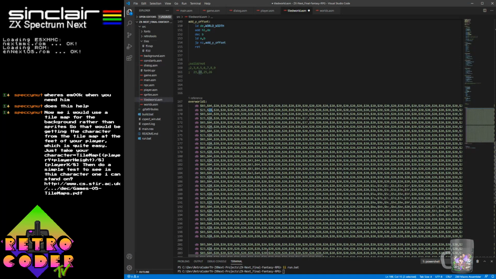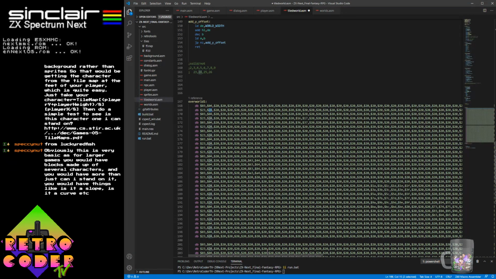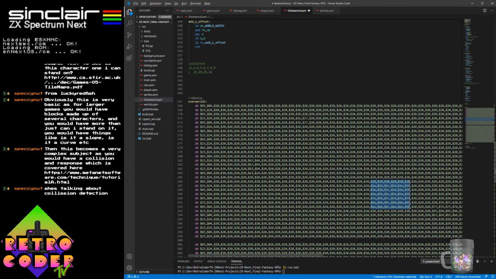Let's have a look. Just reading that. I do have blocks made up of several characters, that's the problem. Like the rock, for example, here is that big. Ignore that top line, but